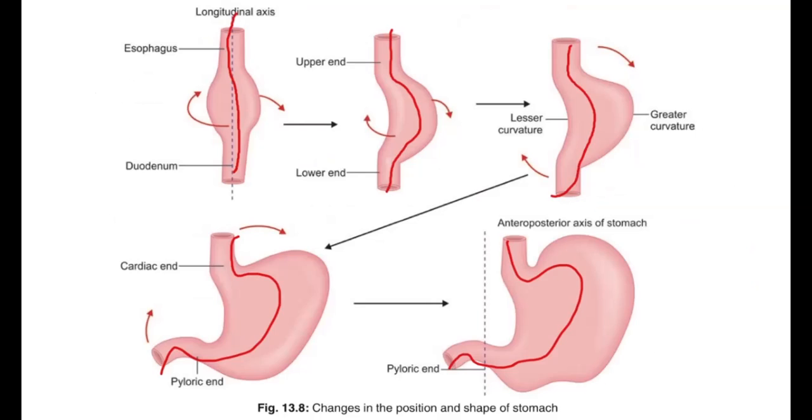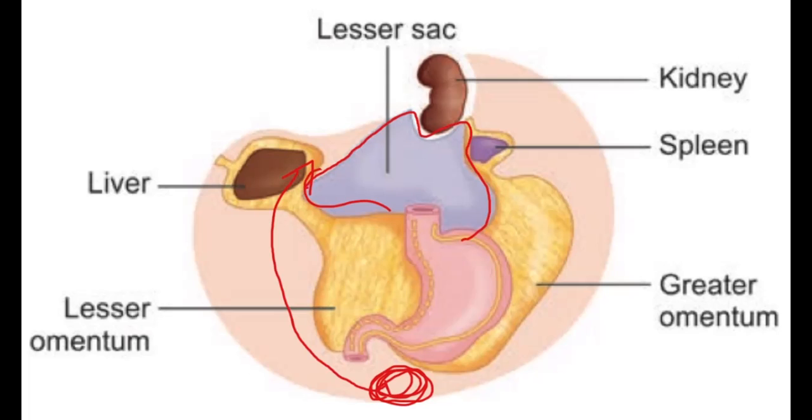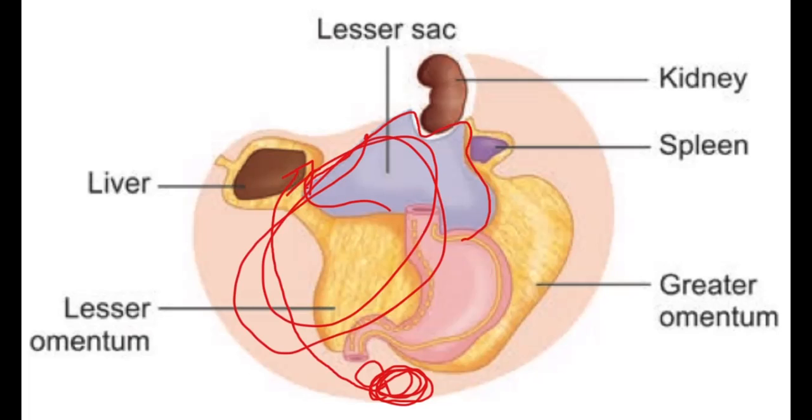Especially the liver forms at this region, but because of the stomach rotation, the liver comes all the way to here. So because the liver comes here, the peritoneal cavity between stomach and liver is compressed like this. At first the peritoneal cavity is all here, but gradually the peritoneal cavity